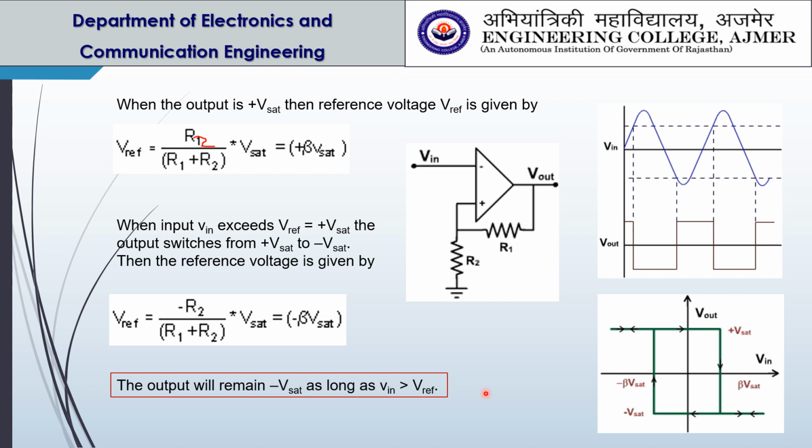The transfer characteristic of the Schmitt trigger circuit is shown in this figure. The output is also shown here. If the input is different than a sine wave, even then the output will be determined in the same way. For any type of input, whether it is a sine wave, triangular wave or other signal, the output of a Schmitt trigger is always a rectangular or square waveform.